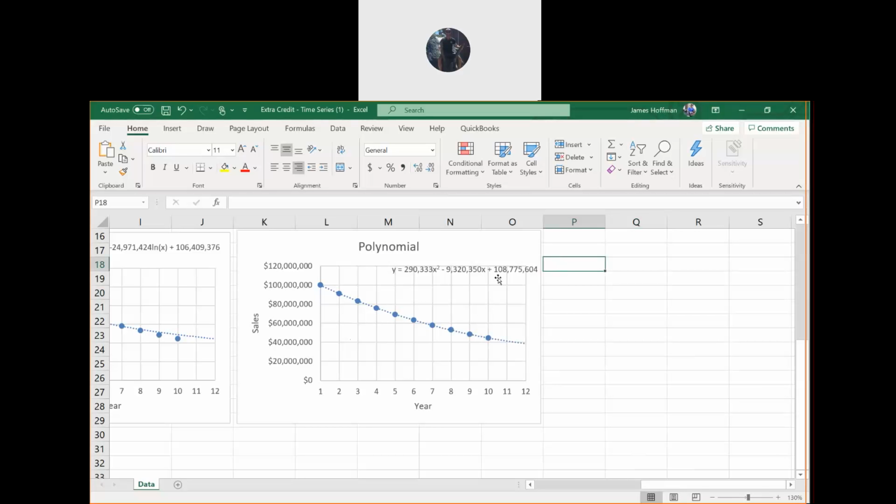All right, so this one has a constant, an x, and an x squared, and this is because when x gets bigger, the relationship changes. So this is saying that when x is smaller, this goes down, and then when x starts getting bigger, it kind of levels out. So that explains how the slope gets flatter over time by adding the x squared. So the polynomial is just adding a second degree of x. So you got the x and the x squared.